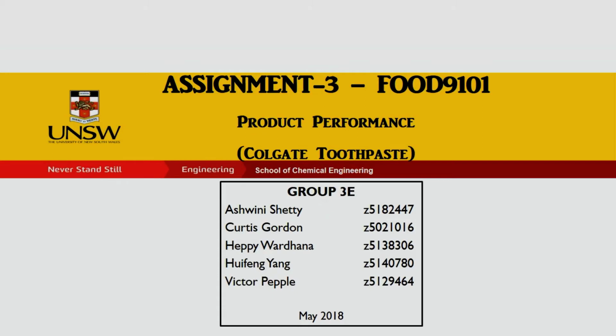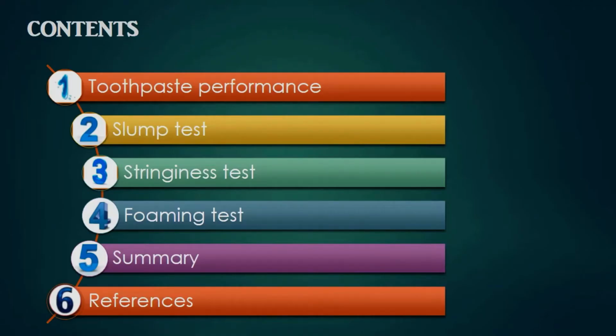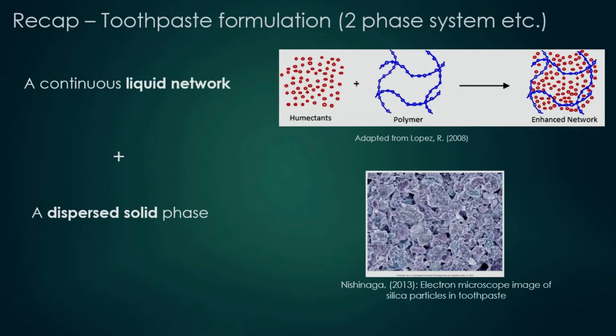Hello, this is Group 3E, and today we will be discussing our chosen product, Colgate Advanced Whitening Toothpaste, and its performance. The aim of this presentation is to provide an evaluation and comparative analysis of toothpaste performance through the use of quantitative kitchen chemistry tests. Toothpaste formulation is a complex two-phase system with a dispersed solid phase suspended in a liquid